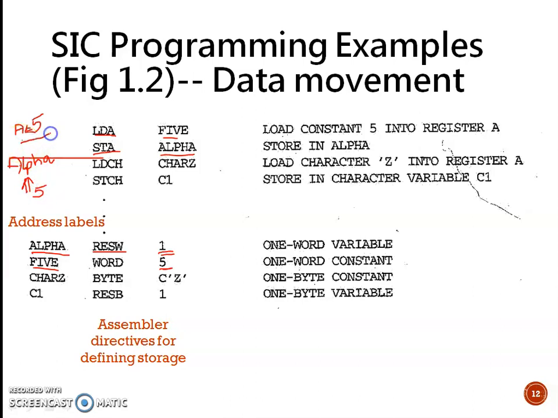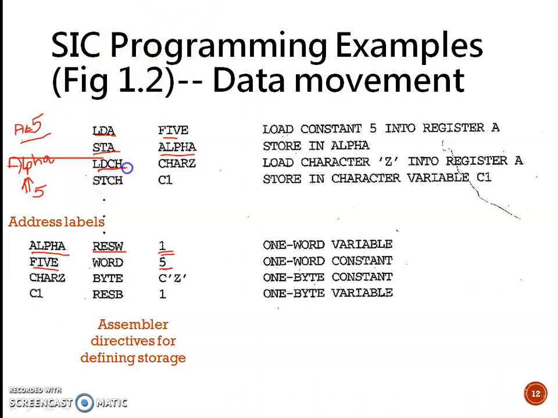Because currently the accumulator is still having the value 5. STA will be from the accumulator to some target memory location, and LDA is from some memory location or register, loading the value to the accumulator. Similar is the case with the LDCH and STCH statements.